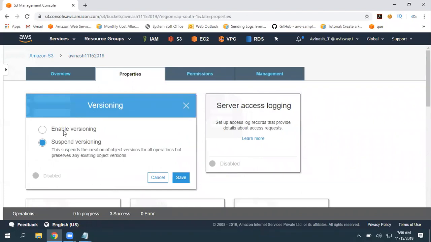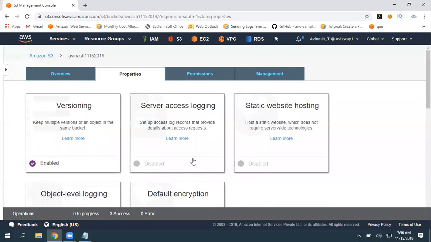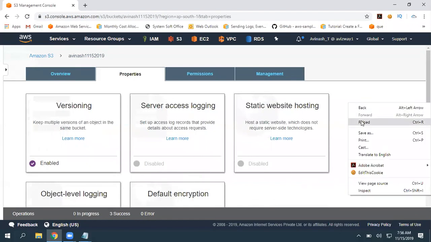See that versioning is by default in a suspended state. There is no option to disable this; either you can suspend or you can enable. So I'm going to select enable versioning, then click on save.